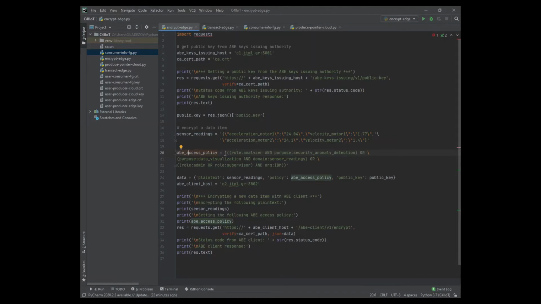So we have here an example of an ABE access policy by which an entity will be able to decrypt the data if it is of role analyzer and with a purpose of security anomaly detection, or purpose data visualization, and of domain of sensor readings, or any admin or supervisor from the IBM organization. So the edge node then can send this data, including the sensor readings and the ABE access policy and the public key,